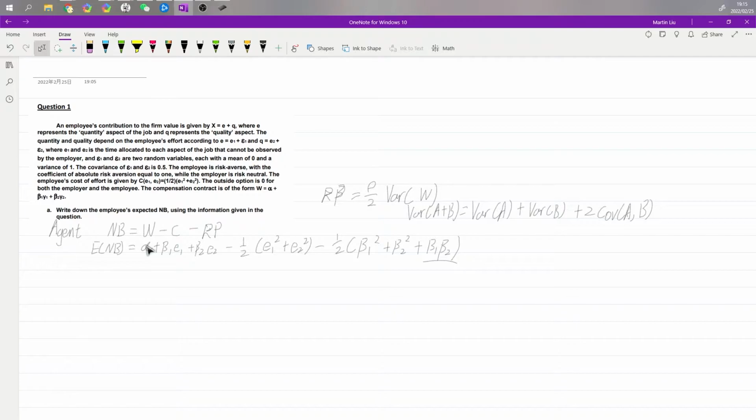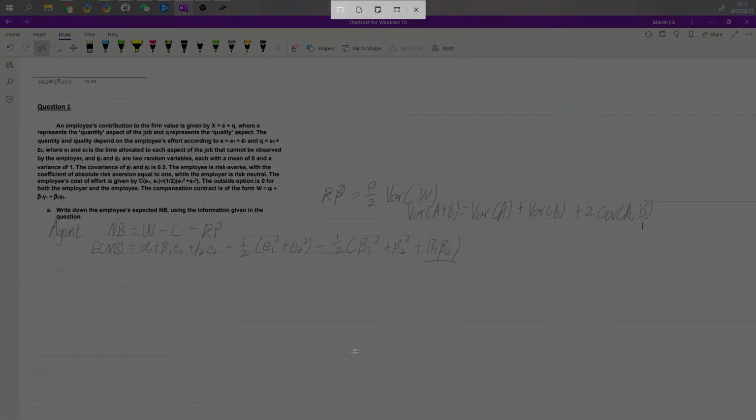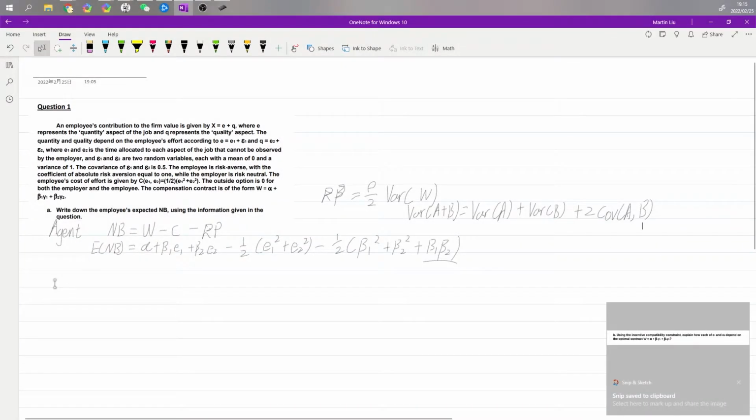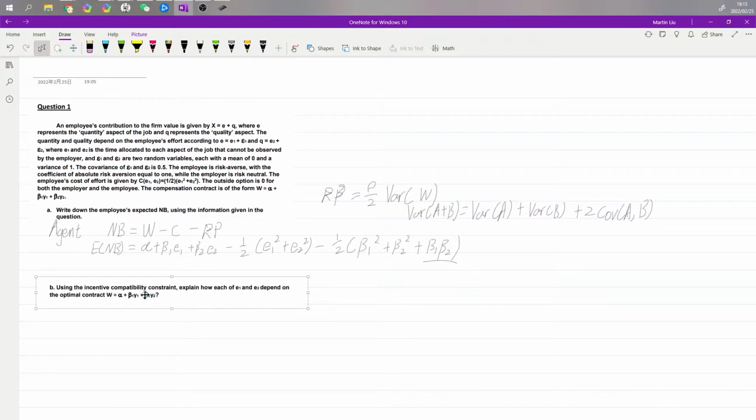So the second part asks you to use the incentive compatibility constraint to explain how much E1 and E2 depend on the optimal contract, wage equal to alpha plus beta 1 y1 plus beta 2 y2. And the reason behind it is also simple. Remember how you get to the compatibility constraint: